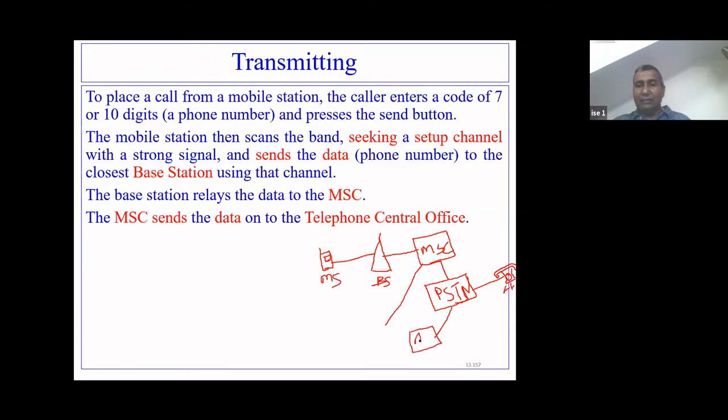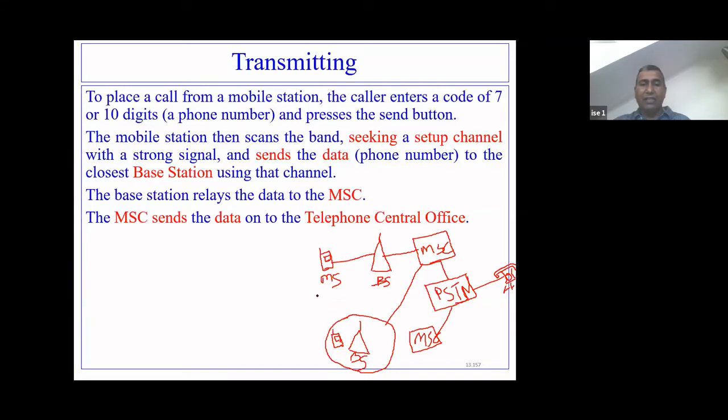So this is the MSC, which is located in Chennai, and this MSC will try to find the base station where that mobile station is present. So this is the cell in which this particular mobile station is there. This is the base station, and this is the mobile station that you are planning to call. So this is the mobile station, right?